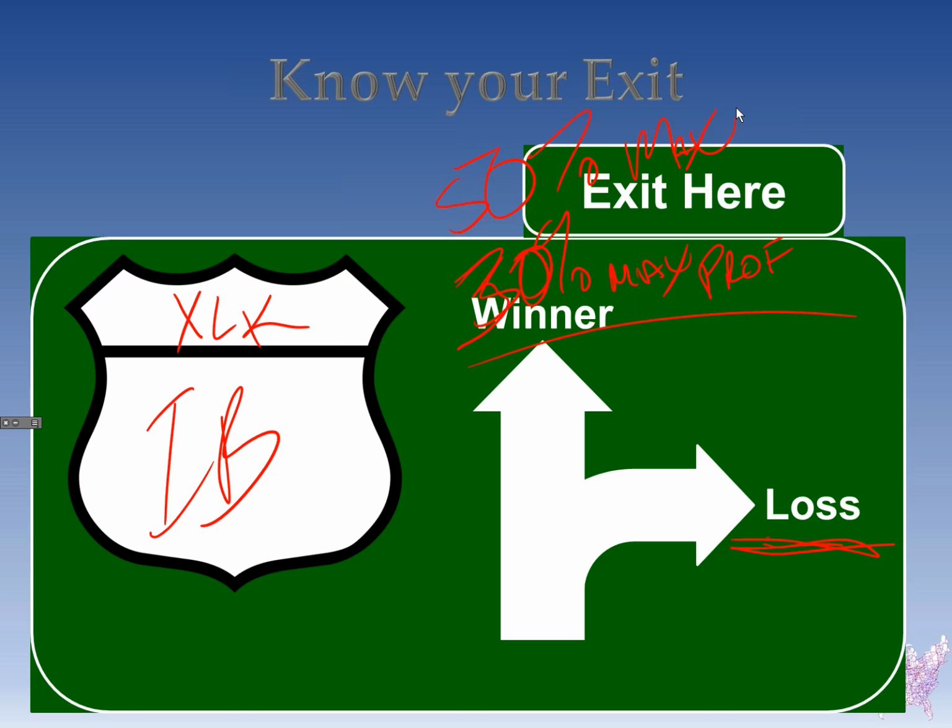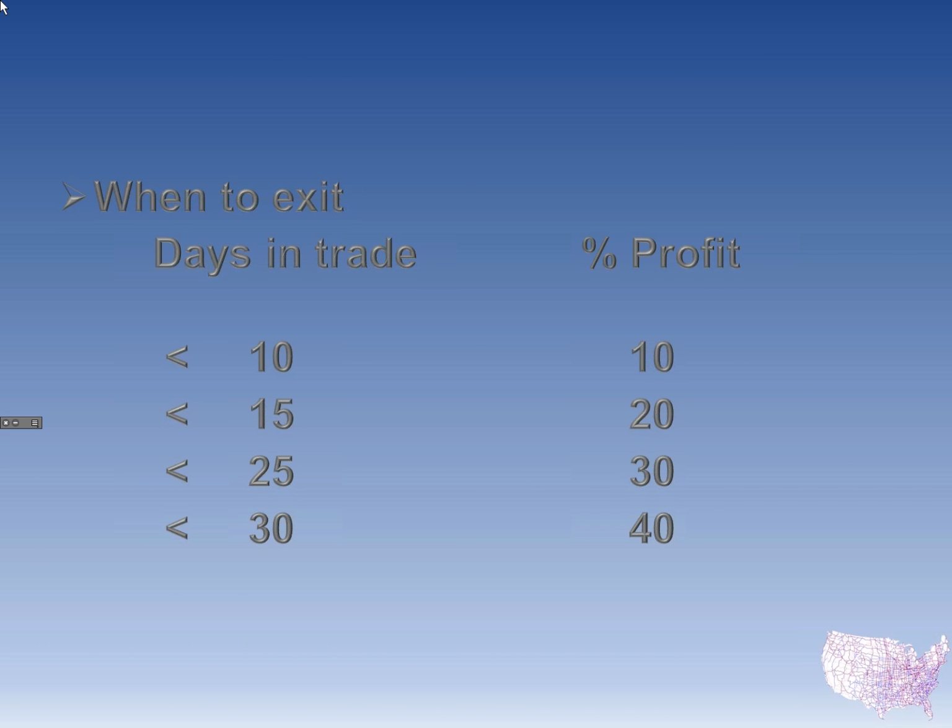One thing is, with the iron butterfly, because we're selling those at the money, you're never going to get all 100% of this credit, and it's going to take a long time to decay. So another thing you could look at for your exit on a winning trade: less than 10 days in the trade, and you get 10% of your max profit. That's a pretty good trade. 70 cents out of this in less than 10 days is a pretty good winner.